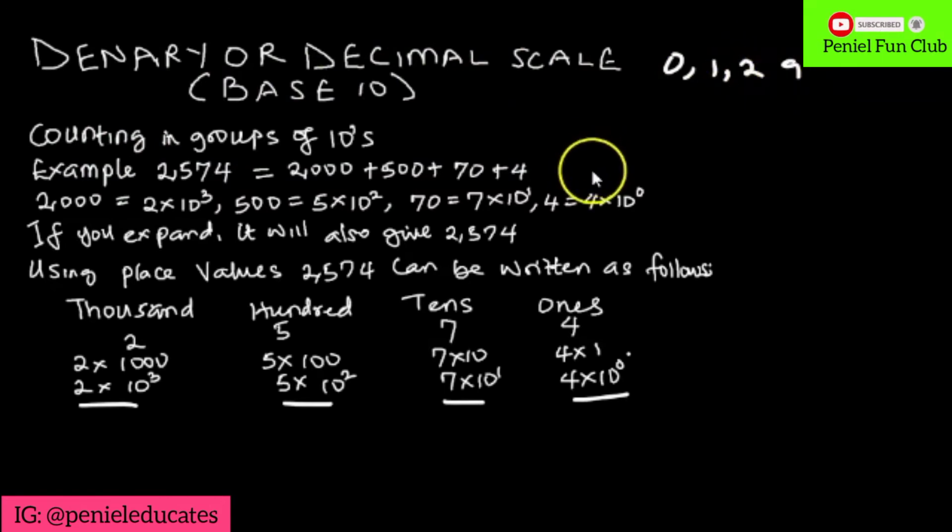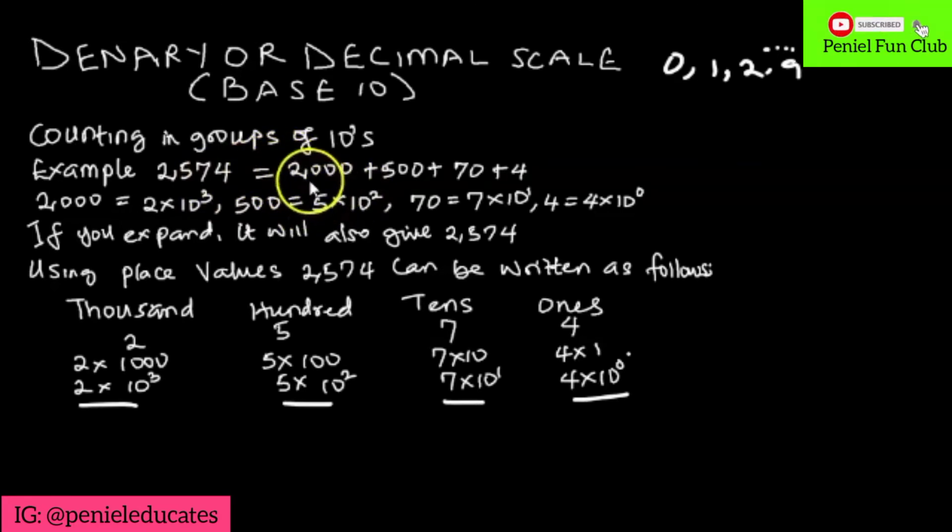And all these numbers, 0, 1 to 9, are the digits that you find in all the numbers that you can get. And we now use the concept of place values to represent any number whatsoever. So, for example, if you are given 2574, we use the concept of place value to represent it in an expanded form,